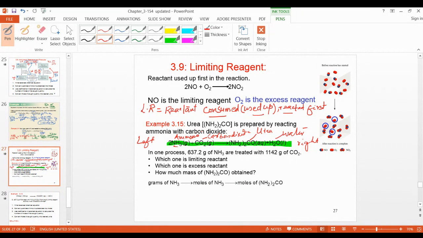Again, I am just writing here. Suppose this is A plus B. There are two reactants, and now C is the product. You take the mass of A and change it to moles of A, and we are asking how much product is formed. This is a product, right? Now this is a very important step. Suppose this is 2 moles, this is 3 moles, from the chemical equation.